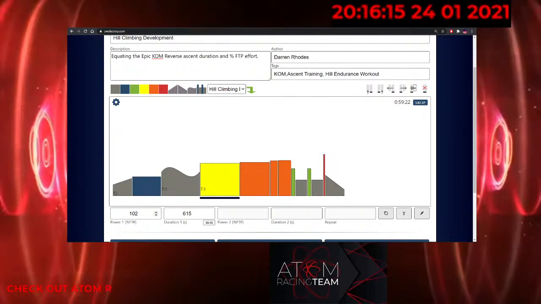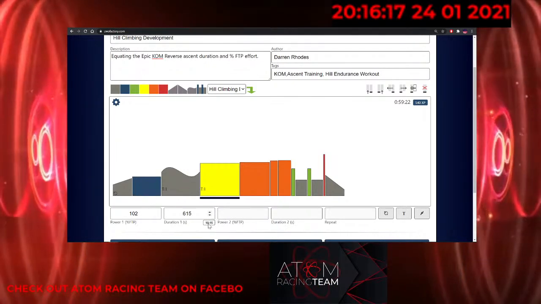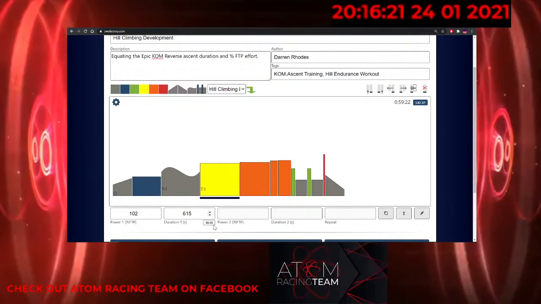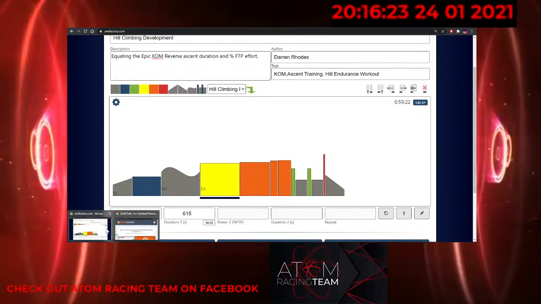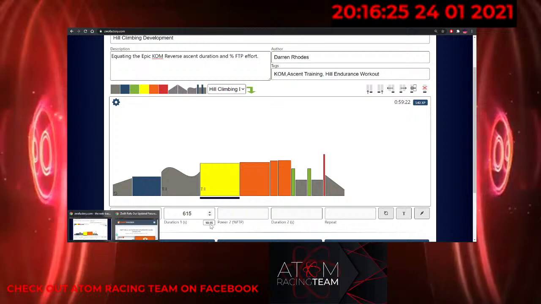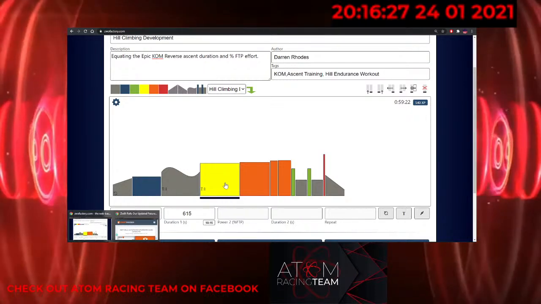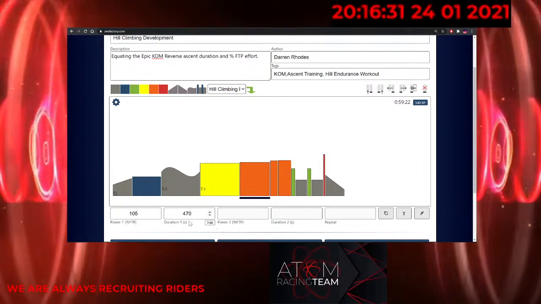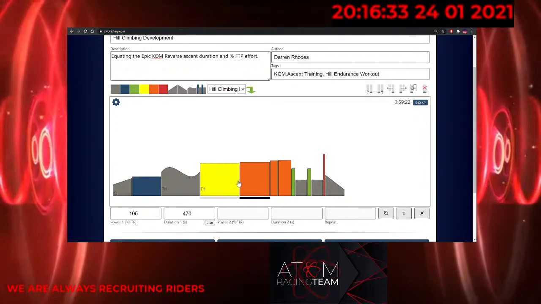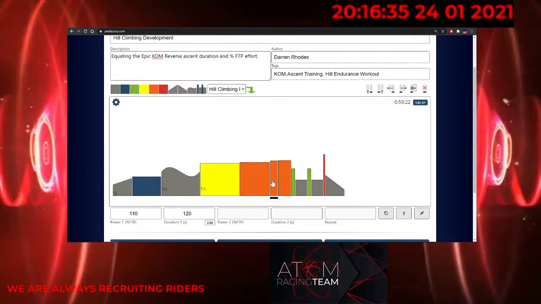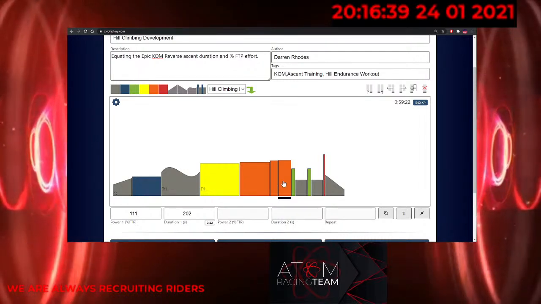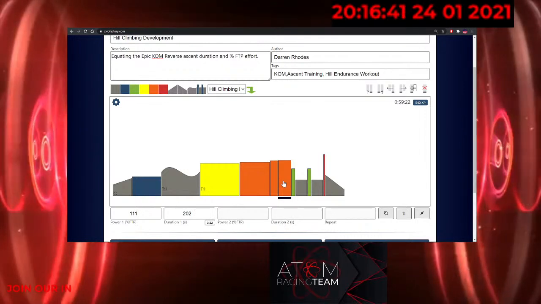I've then fired that figure into there, and I've matched the amount of time that I managed to maintain that on the actual ride itself. So that's the first block, 10 minutes 15 seconds. That was 7 minutes 50 at 105% of my FTP. That one is a 2 minute 110, so getting to the steeper bits, and that's just slightly harder, 111% for